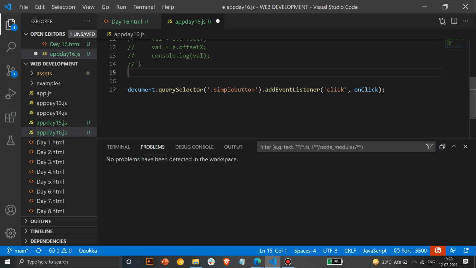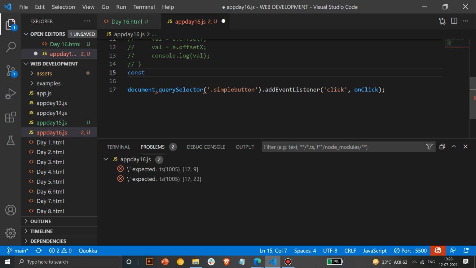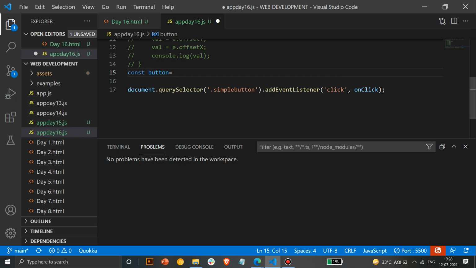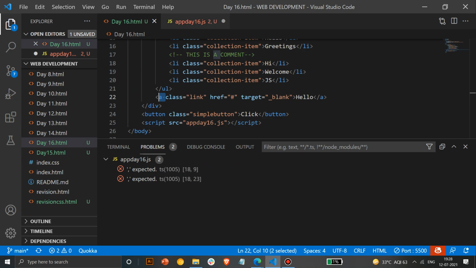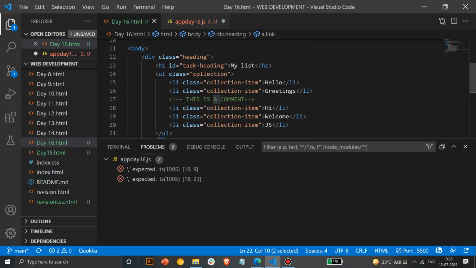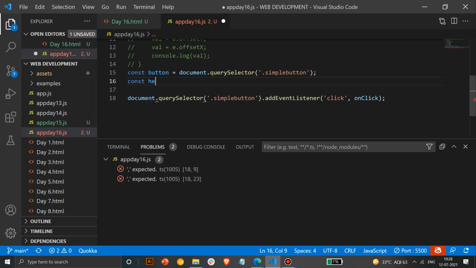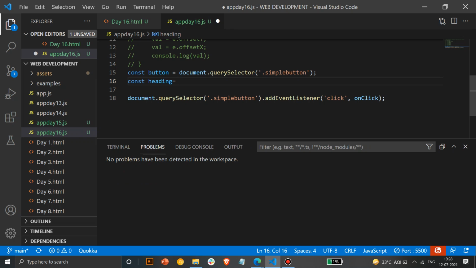We'll do event actions on those elements. So I'll extract this specific element. I'll take the button here, call query selector for it, and then directly call the event listener there. And what else should we take? We should take the heading, no? There is an h1 heading present, so we'll take that heading, and we'll do document